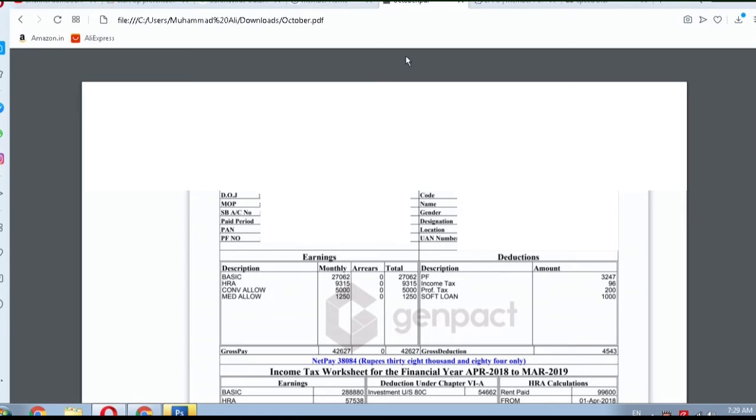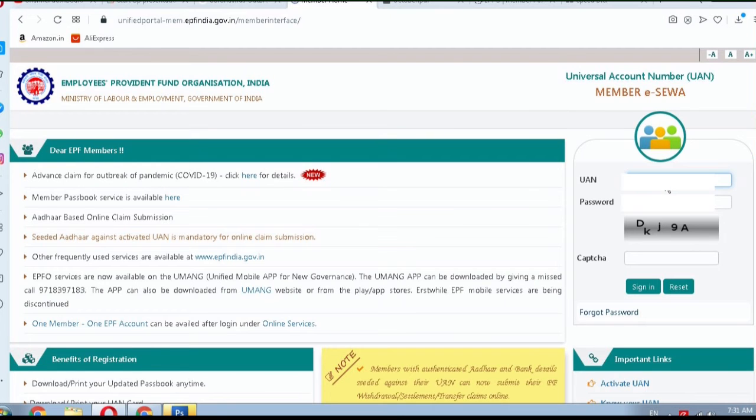You will get your UAN from your payslip or from the message you receive on your mobile from EPFO. Please enter your UAN number and password here. The password will be provided when you activate your UAN number.